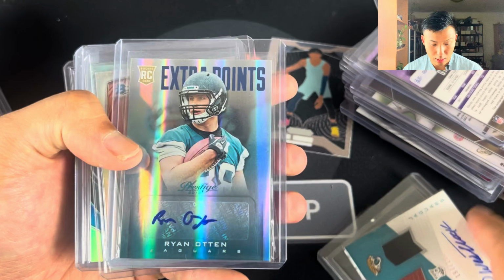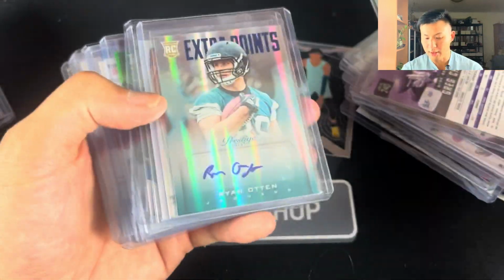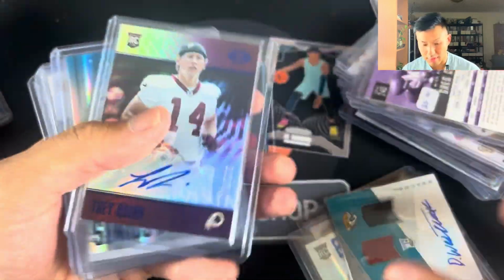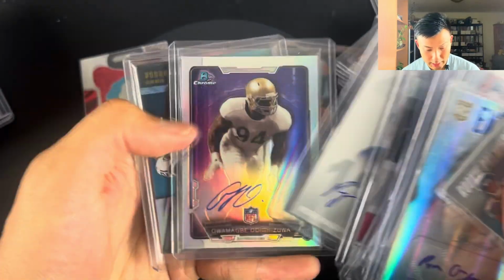D.D. Westbrook, Wright and Otten, Andre Williams, Jim Kelly. I've actually got to put some of the nicer cards on the side because those are the ones I want to offload the quickest, so that I'm trying to make some of my money back from this lot itself. Otherwise, I'm going to be digging for a fair bit when it comes to trying to find cards. Will Greer, another one. Who do we have here? Thomas Davis, Ryan Nassib,